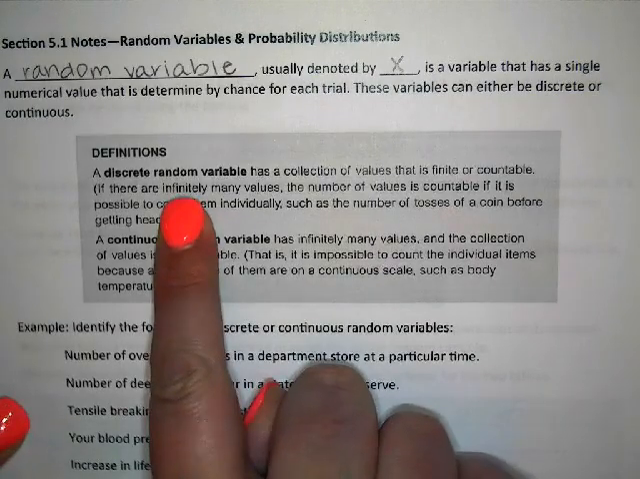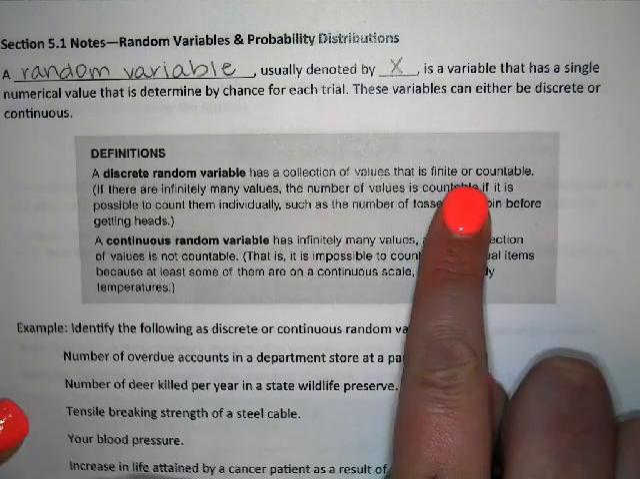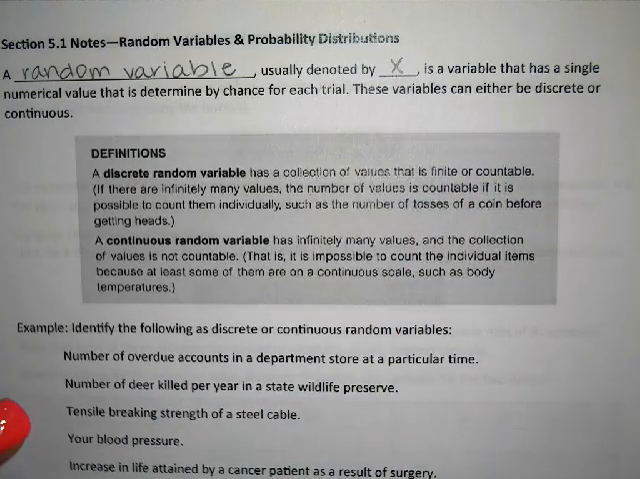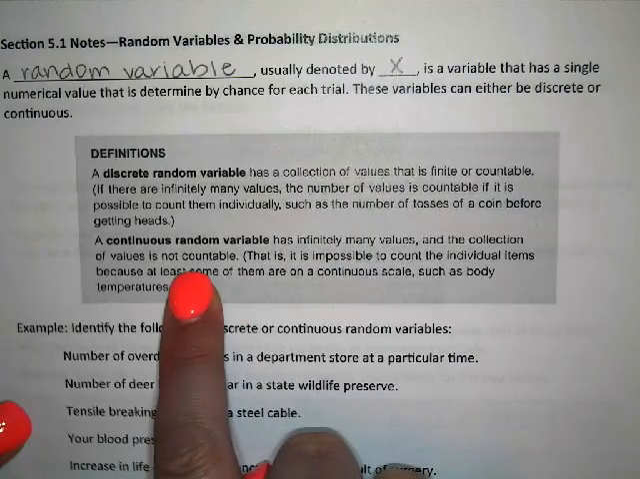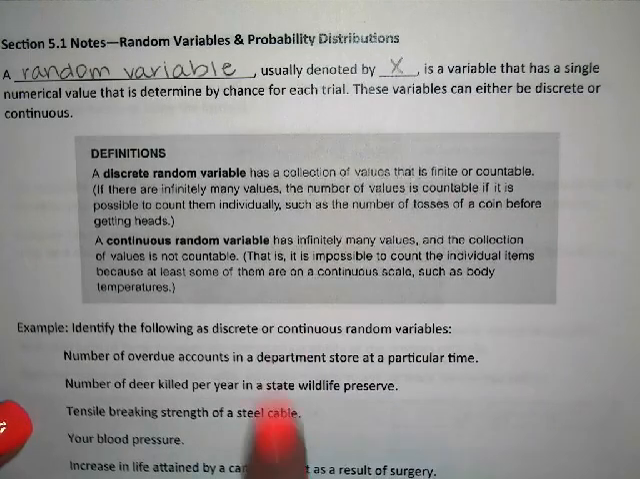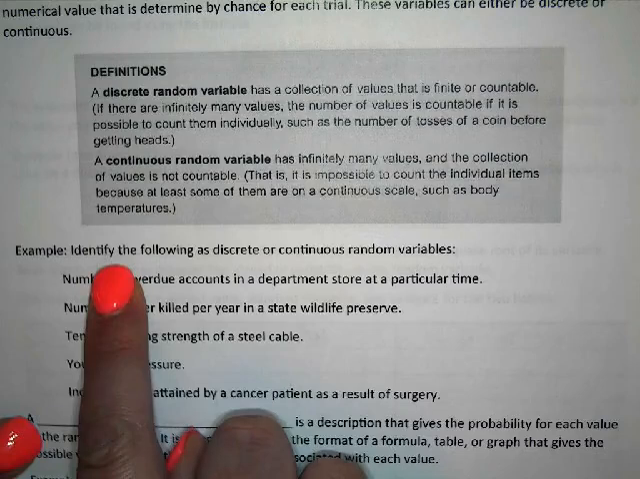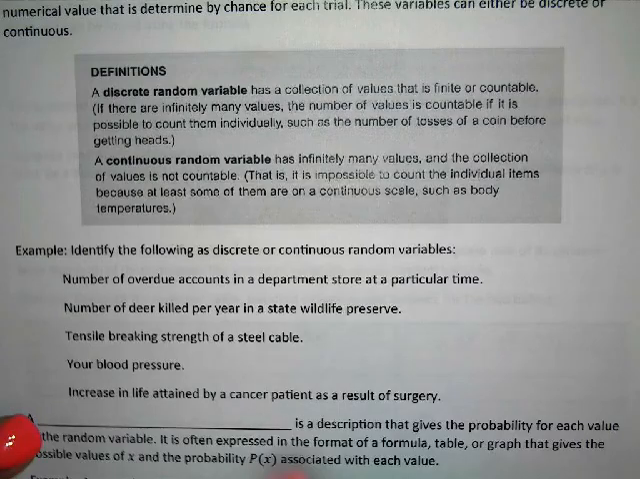So in case you have forgotten the difference between discrete and continuous, discrete values are finite or countable. A lot of times I think of them as whole numbers. They don't have to be whole numbers, but a lot of times they are. A continuous number has infinitely many values, and the values are not countable. And I often think of these as being decimals, but they're values where you can add more and more precision if required. And so we're gonna apply these words to different random variable examples here, just so we can see the difference between discrete and continuous, but also so we can see what some random variables might look like